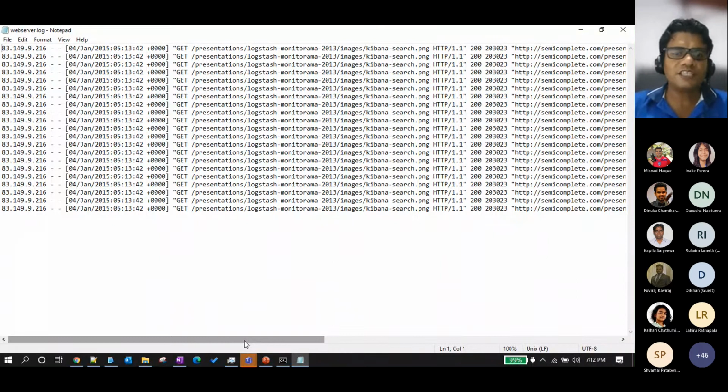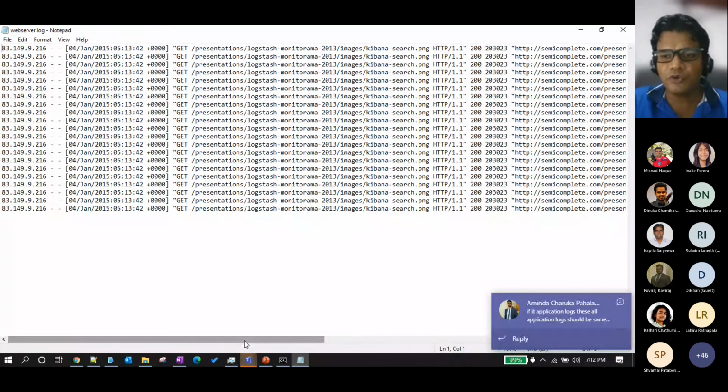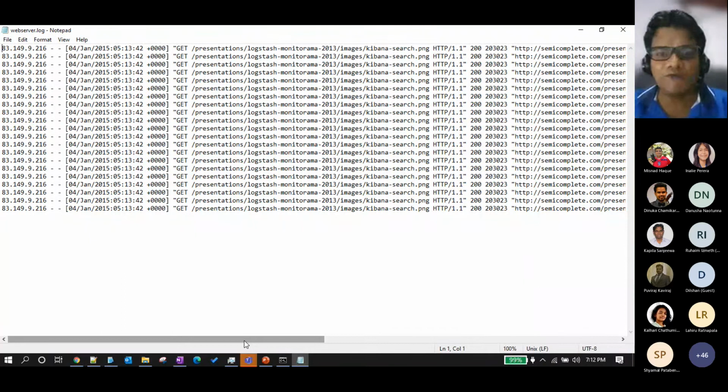So especially when writing the code, assume that as a developer you are capturing a particular exception. Once you capture it, when you put it into the log, you should put it in a readable format that says this is the problem with this particular backend.